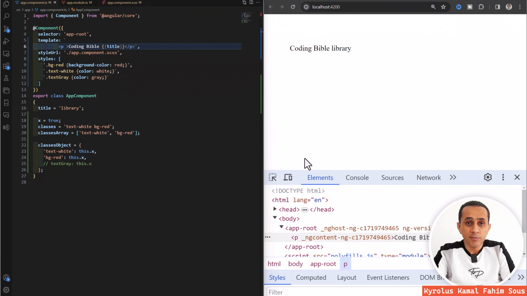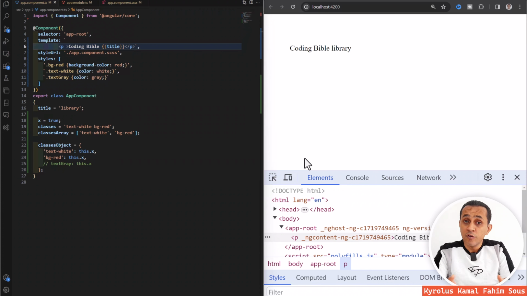And directives have two types. The first one is the attribute directive, and from its name you can think that it will add or delete some attributes in an HTML element, which means that we can use the attribute directive to change the design of the HTML element. And the other type is the structural directive, and from its name this will modify the structure of the DOM, or the document object model, which means a structural directive will add or remove an HTML element based on a condition or Boolean condition.